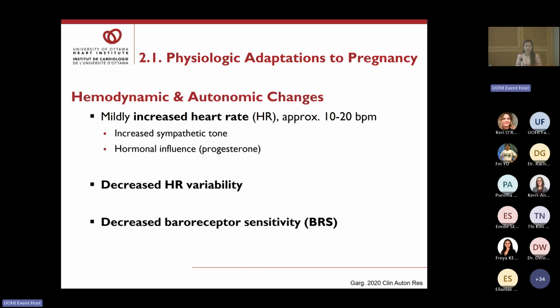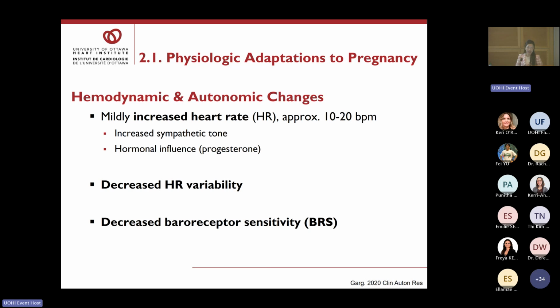And I say small, this should be 10 to 20 beats per minute in addition to their baseline heart rate. So we need to be mindful of what is the starting point of someone. If you have an athlete that has a resting heart rate of 50, them having a heart rate of 100 is not physiologic. This is largely driven by hormones, but also by a rise in the baseline sympathetic tone that